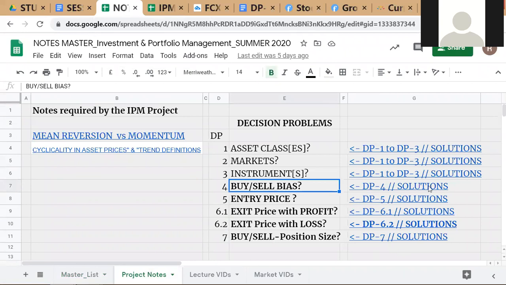When you read most finance textbooks, you will find that most of the discussion is actually centered around this particular DP. That is whether my bias should be to buy or to sell. They may not mention it explicitly like that, but that's basically what it is. So that entire,